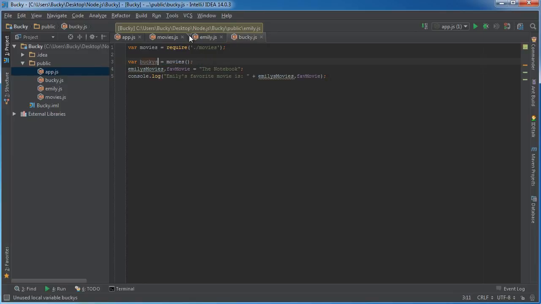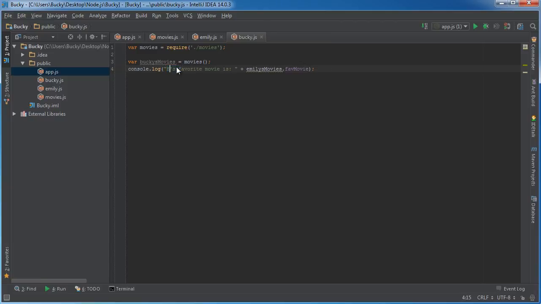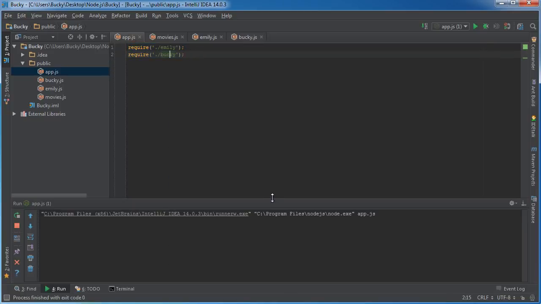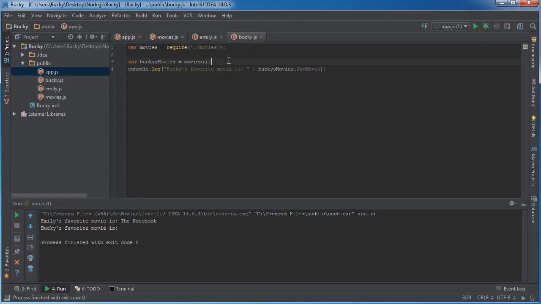Except we will say Bucky's Movies, and we'll actually just not even set Bucky's favorite movie so you guys can clearly see. So Bucky's favorite movie is, and this will just be blank. So now if you run this, check it out. Emily's favorite movie is The Notebook, Bucky's favorite movie is blank,